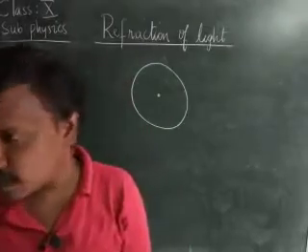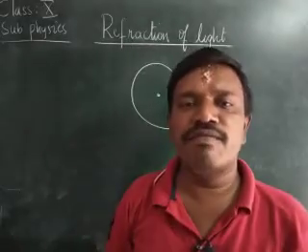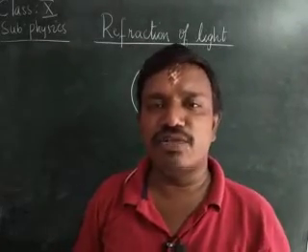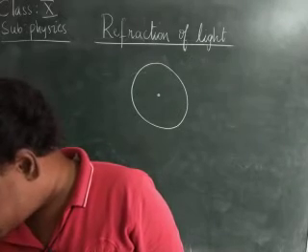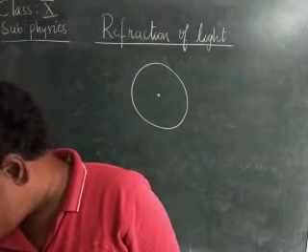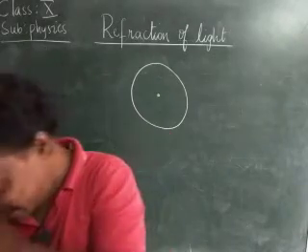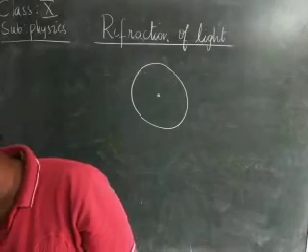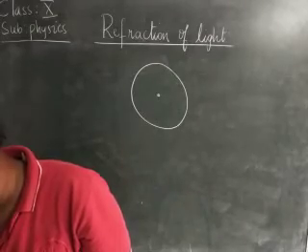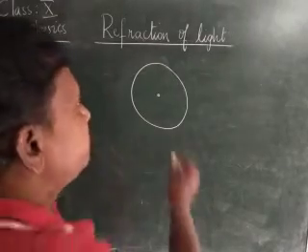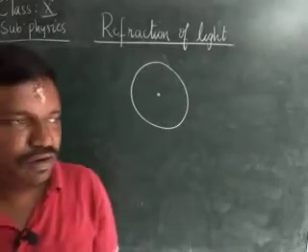Opaque means we know the definition of opaque. That means it is a medium through which light cannot travel. Here it is a dot. Okay, a transparent glass sphere has a small opaque dot exactly at its center. Does the apparent position of the dot appear to be the same as its actual position when observed from the other side? When it is observed from the other side, will it appear at the same position or at a different position?